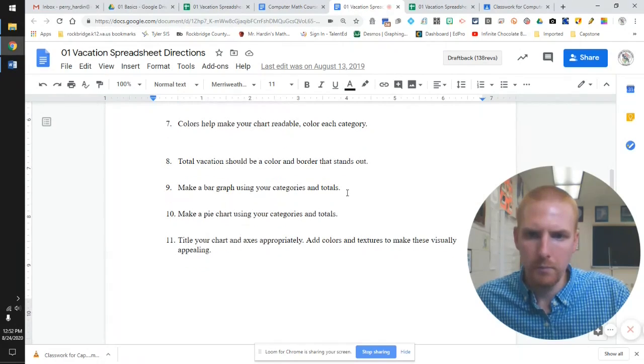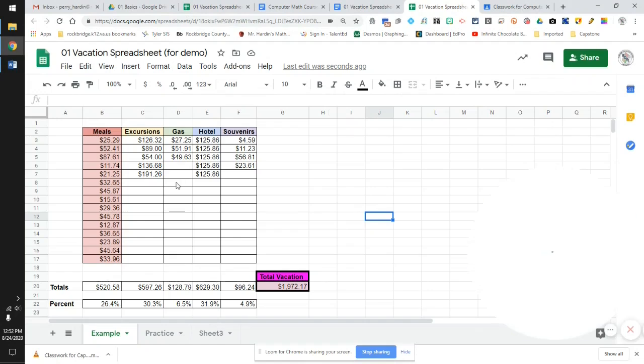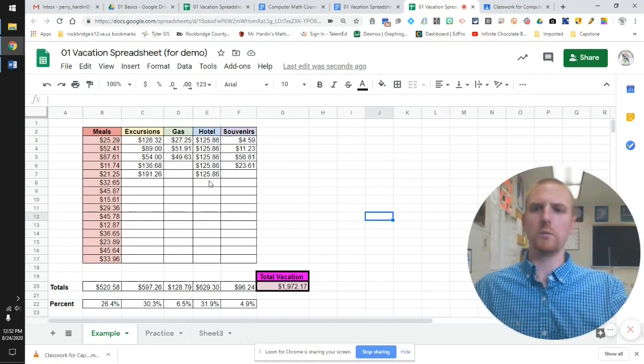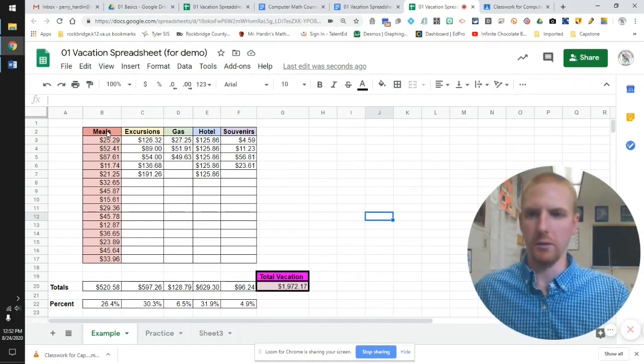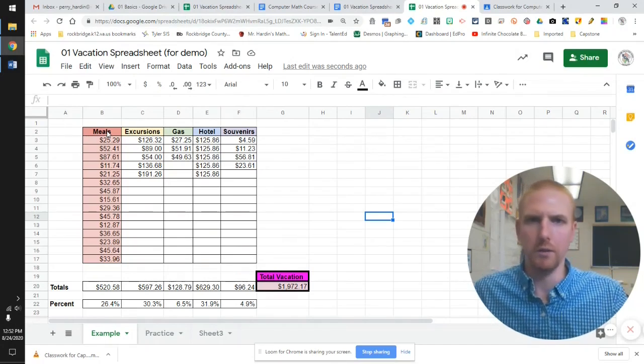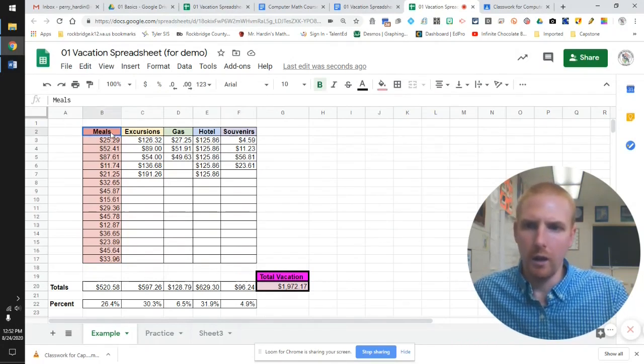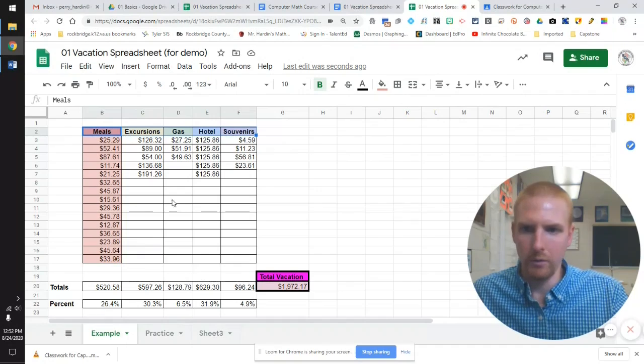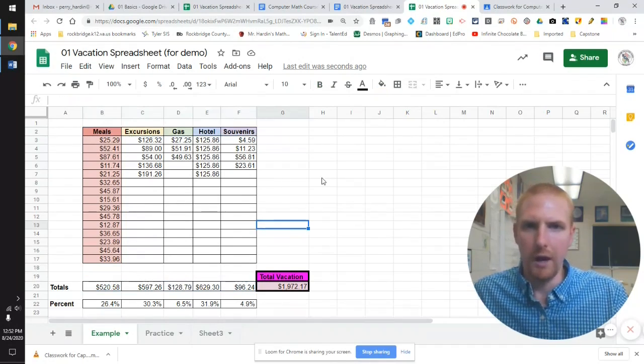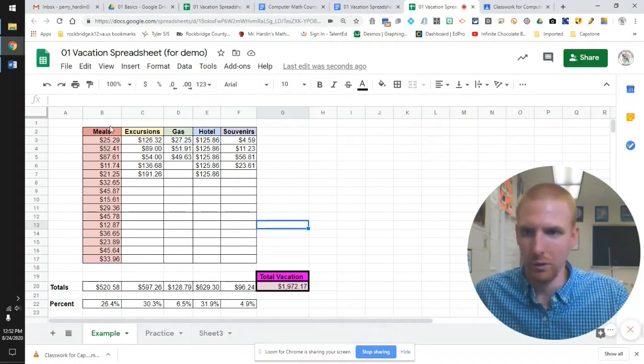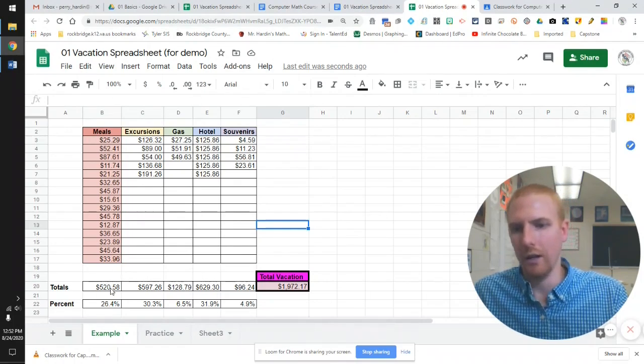Okay. Make a bar graph using your categories and totals. Okay. So listen carefully because usually you can watch me do this, but you'll just have to kind of listen to what I'm doing. I want to use these category names and I want to use the total amount I spent. So if you think about how you would have done this back in, say, elementary school, you would have taken meals and you would have made a